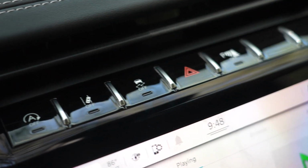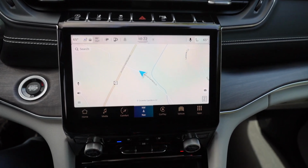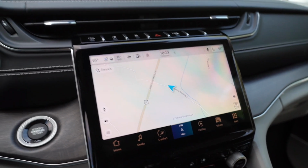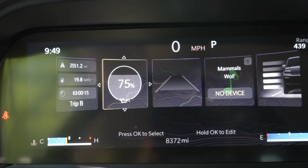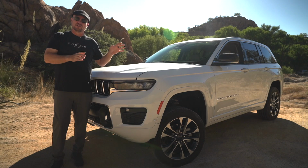There's some other features that are really beneficial. So it's got a lot of new technology. The interior is all new design, and it's got 2 active displays. So you can have the navigation menu up right there in the middle of the dash, be using the heads-up display to drive, and then easily just dropping your eye line down to navigation. So lots of great features on the interior and the exterior of this vehicle, but let's see how it does